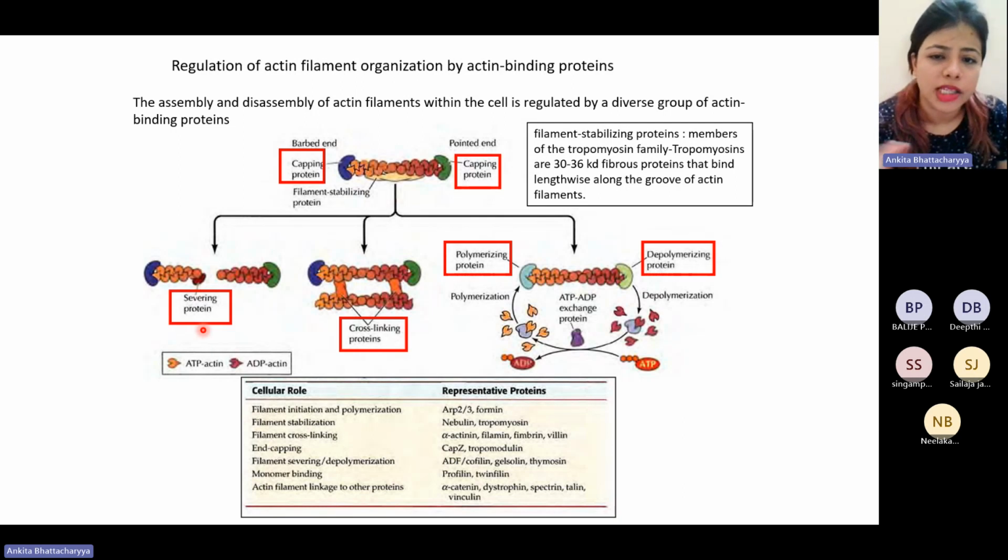It is interesting. So these are all of these different types of proteins which associate with the actin filament for different types of function. Like you can see here, there is polymerization, depolymerization. Different proteins are involved in that. Some are involved in cross-linking, some in severing, some in capping, for different types of functions. Now,